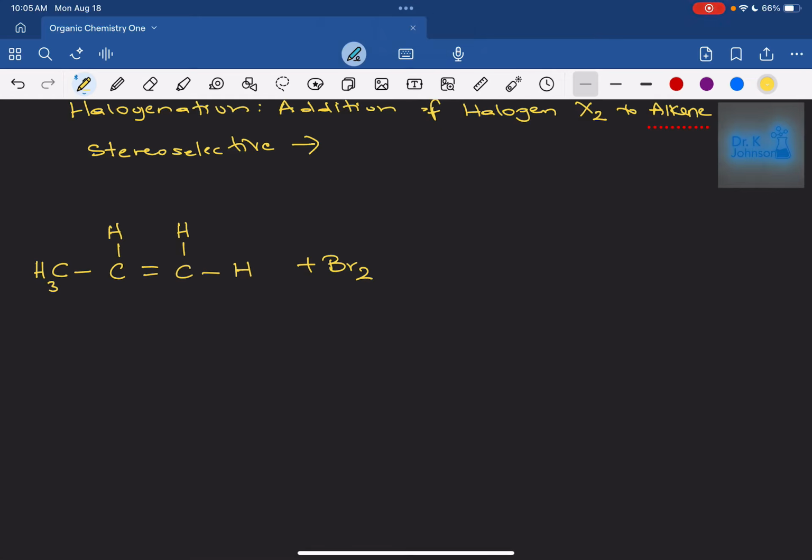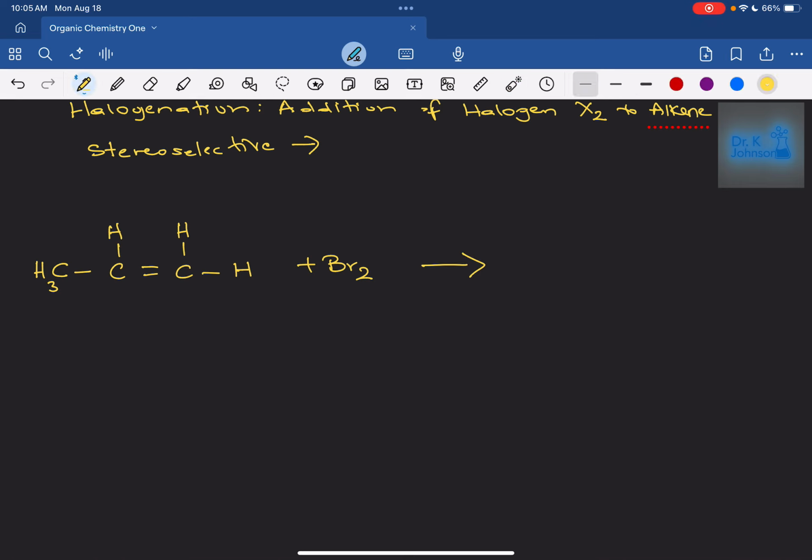Let's talk about halogenation. This is where we're going to add a halogen to our alkene. The reaction is an addition reaction, like we've been doing for all alkenes. If you've been watching those videos, your carbon-carbon double bond will break, leaving you with a carbon-carbon single bond,